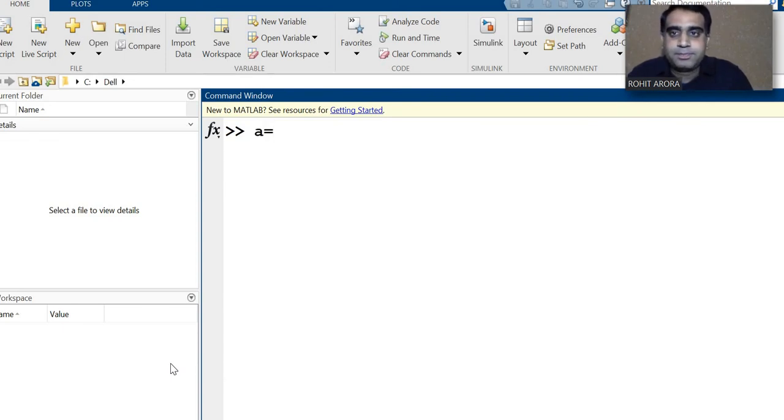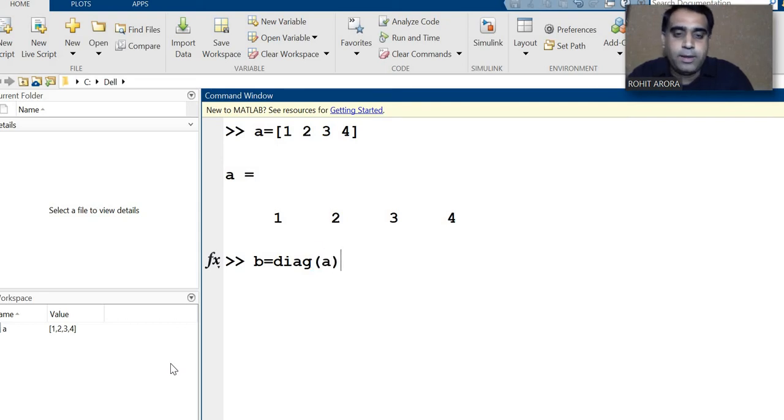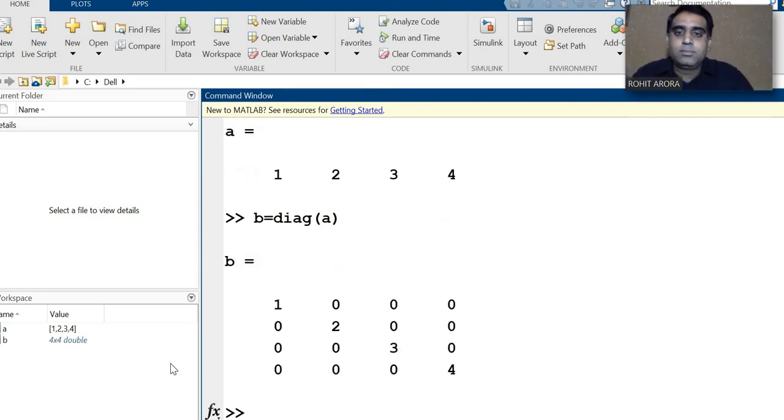Take the matrix 1 2 3 4, then enter B is equal to diag(A). This is our diagonal position.